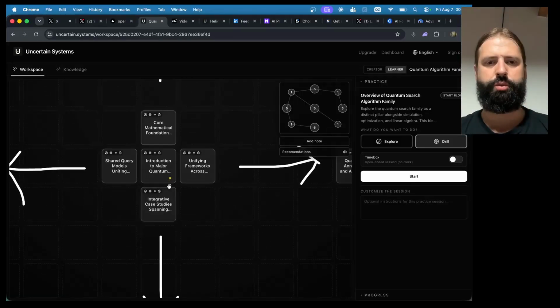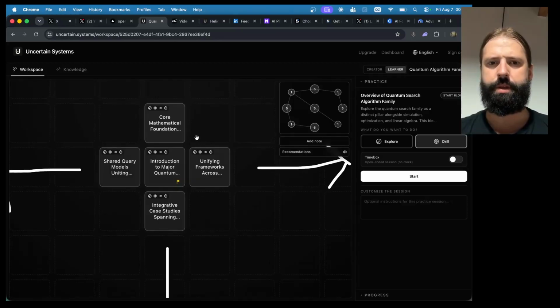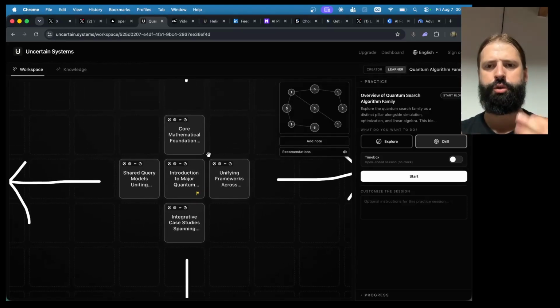You still want to do this with yourself. This is the most important thing. It's yourself talking to the system. Nobody's monitoring you, there's no pressure,